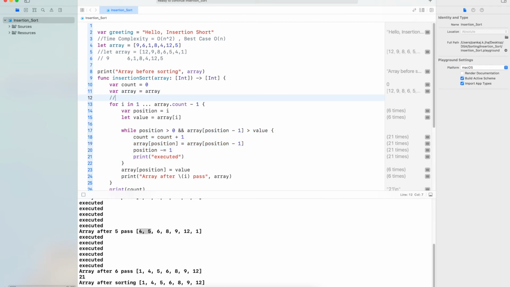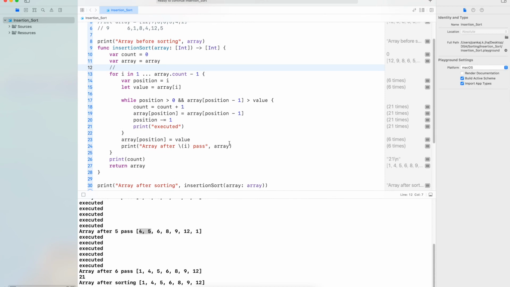For the constant amount of time, these will take c1, c2 and c3. This will take c1 amount of time to execute, this will take c2, and this will take c3. So for I equals 0, currently this is executing one time.